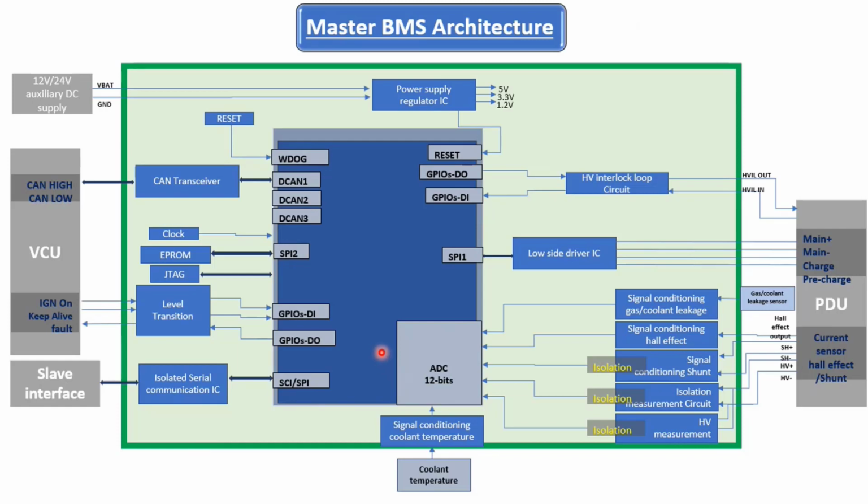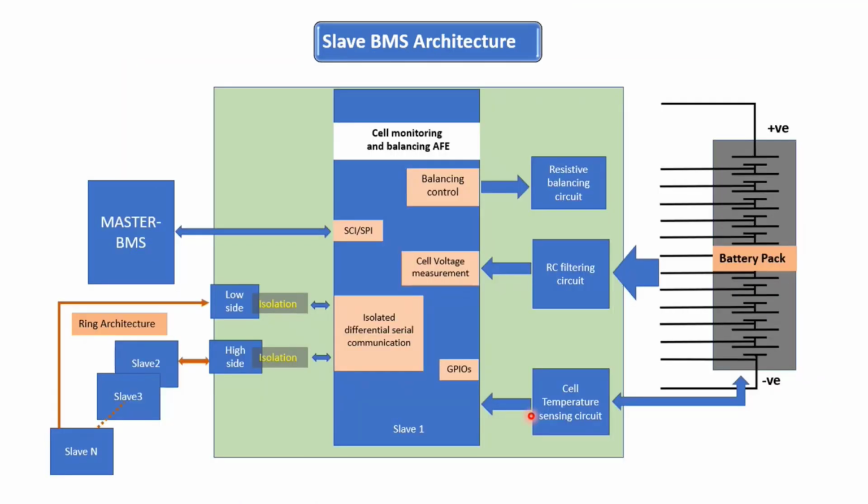It has to check the safety. It has to check any hazards, faults. It has to check any other vehicle sensor conditioning. After checking all these things, then it will allow the slave BMS to charge the current. So the architecture of the slave BMS is something like this, and this slave BMS will take the information from each cell, then it will try to control, and it will report to the master BMS. Also, this slave BMS is connected to other slave BMS. In case the master BMS fails, the slave BMS will still try to continue to be in action.